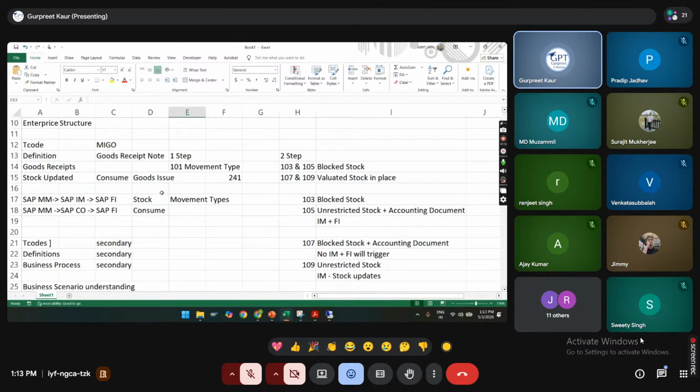Your material stock increases, and your accounting document gets generated. When you are keeping the stock, it is debiting the inventory account because your stock is increasing. That's why it is getting debited. And a clearing account for your GRIR is getting credited.